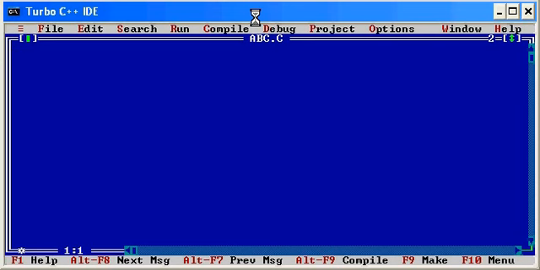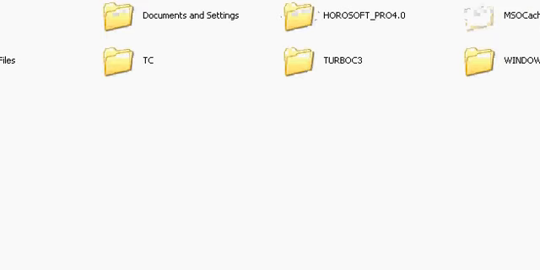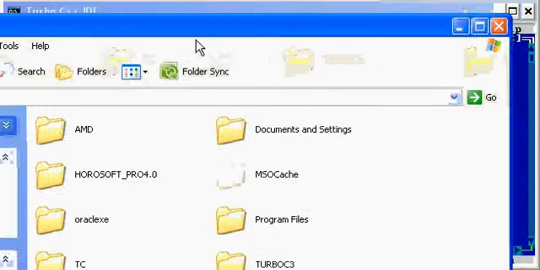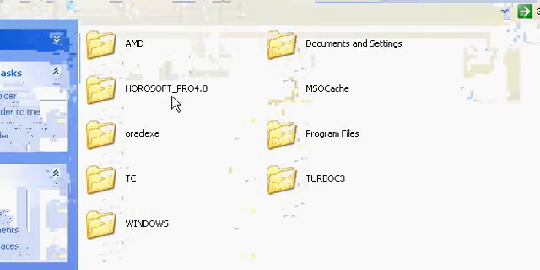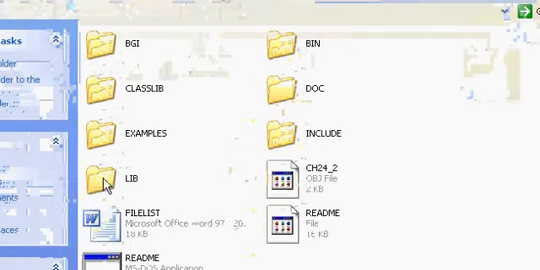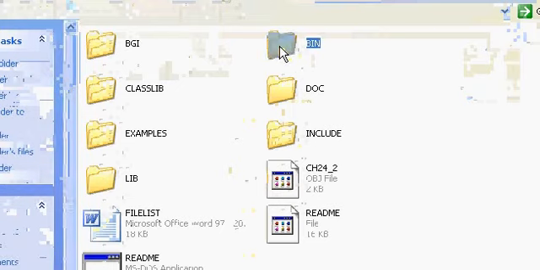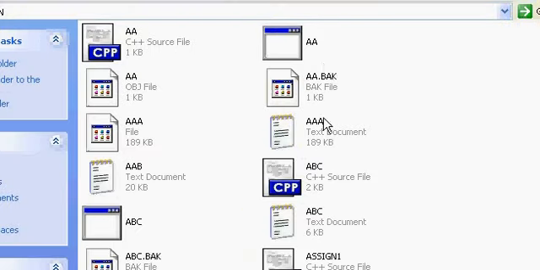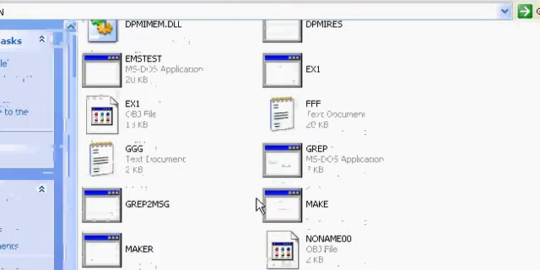Whenever we write a program, it is called source code, and a file is created where we have stored it. Here I have stored it in my computer, in C, in TC, and in bin all my files will be stored. I'll show you one.